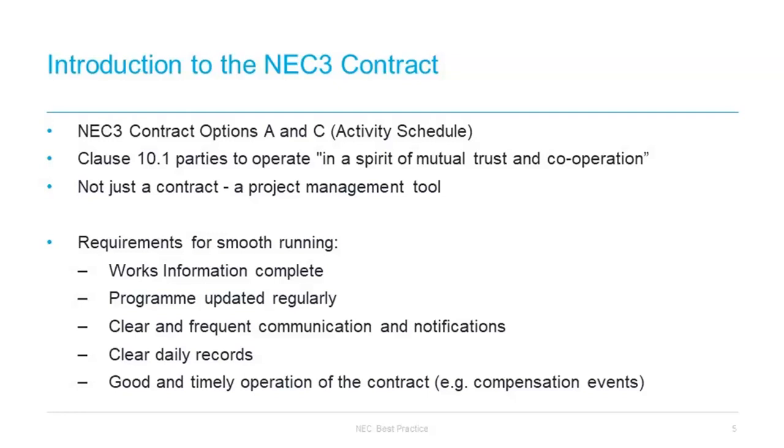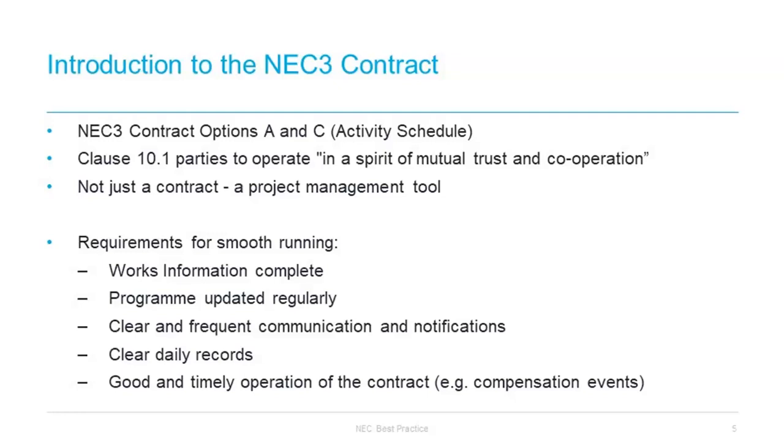There is more administration at tender stage to get the activity schedule right. It is also essential that a contractor or subcontractor develops an accurate tender programme in tandem with the activity schedule. However, in theory, there should then be less planning and administration once the work commences, compared with the bill of quantities contract. Activity schedules should also include activities such as design tasks, providing equipment, and temporary works. Activities and groups of activities should be readily identifiable and not too controversial, and the activity schedule is not works information. It is a pricing document only. The works information is held separately.